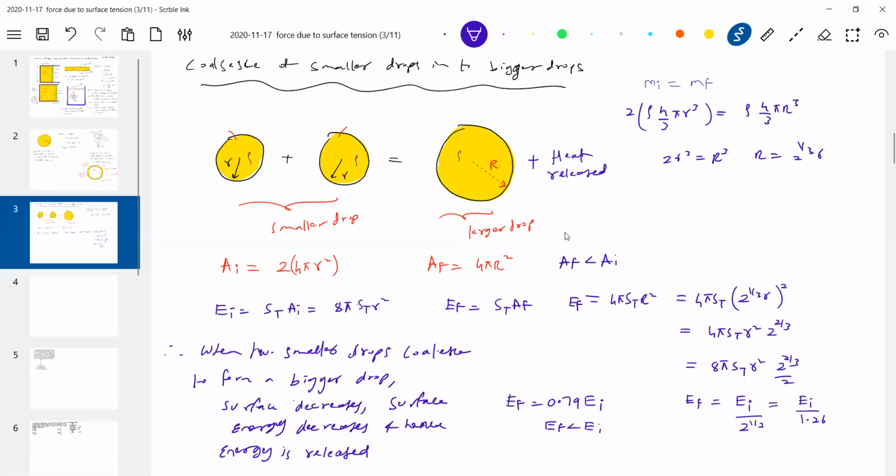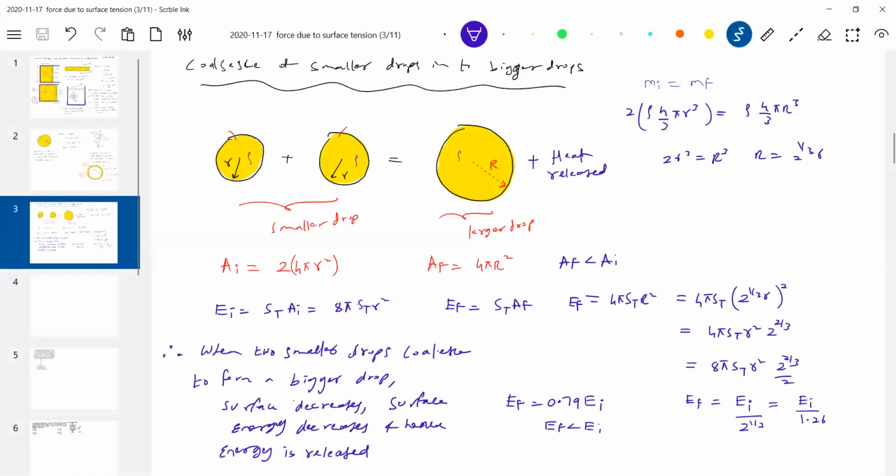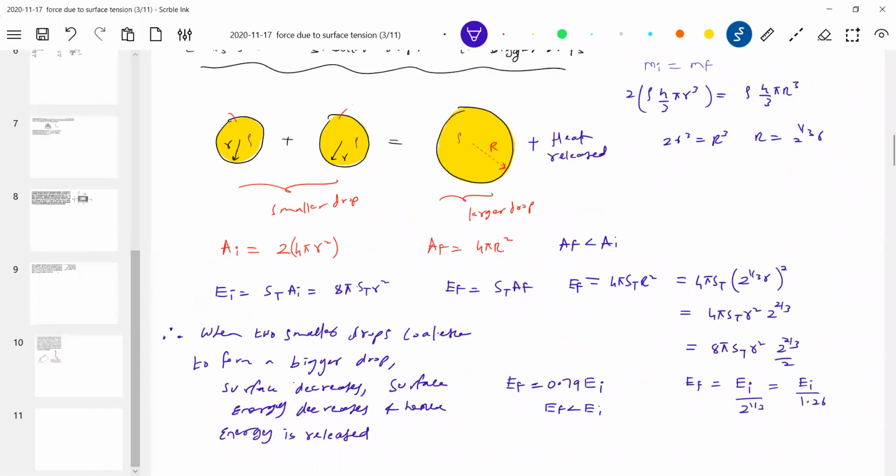So how can you say I have this information here? Where does that surface energy go? Converted into, it will be released as heat energy. And hence energy is released. Okay, fine. So this is day one's conclusion that we are making here. And now similarly, if a bigger drop breaks up into smaller drops, I think the reverse should come, no? Let me take the same diagram.